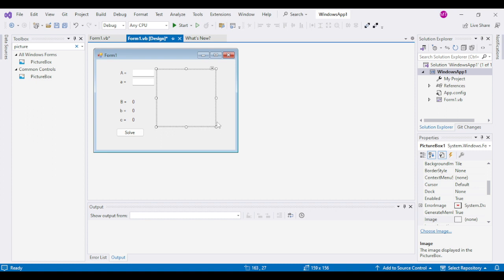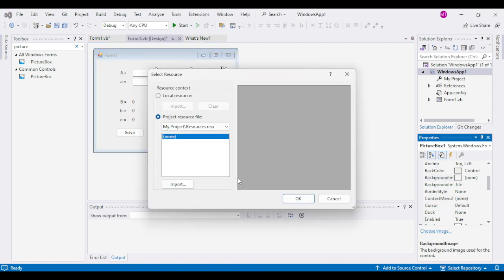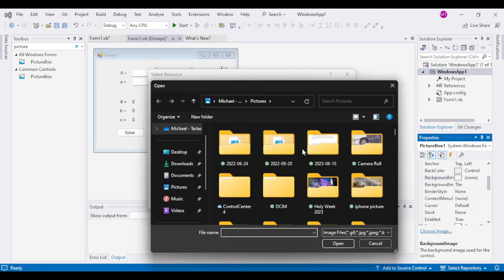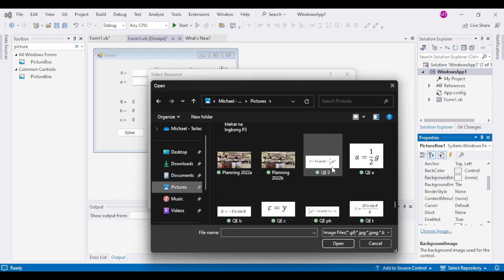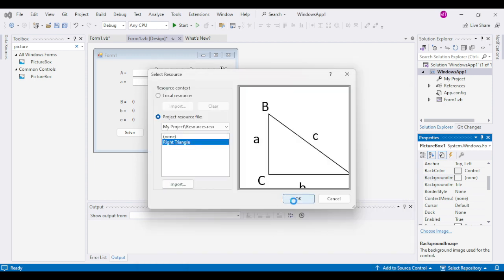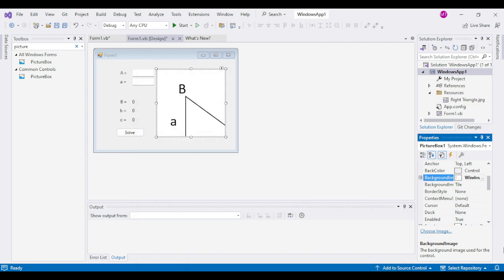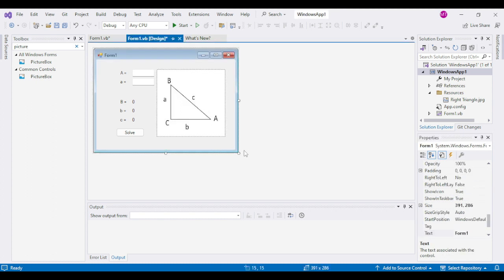Okay, let's put the image here of our right triangle. Then import, then let's go find the right triangle picture. Okay, it is too big, so we have to stretch the picture there. Then we will code our program, but before we code, we have to change the names of our